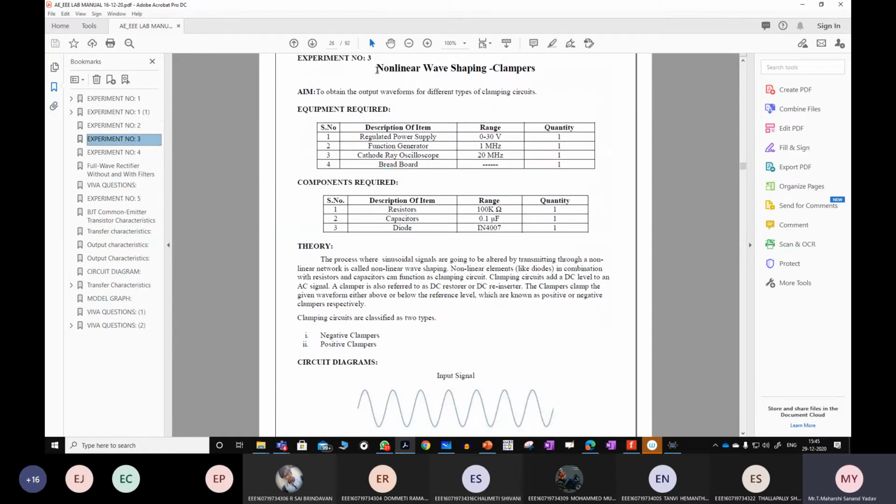And the next experiment is non-linear wave shaping, which is clamper. What is the difference between clipper and clamper? Clipper means cut the unwanted. Clamper means adding DC value.